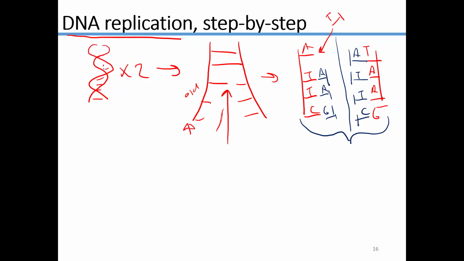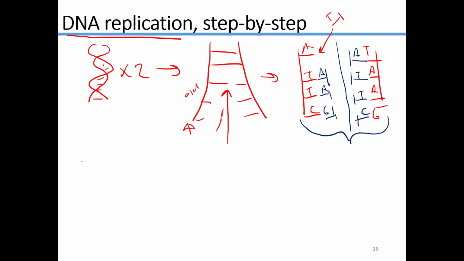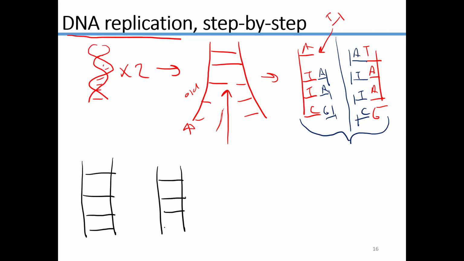So after, again, we unzip them and we add our free-floating nucleotides together, then what's going to happen is we're going to go ahead and lock everything in. We're going to glue it together, and essentially we're going to reestablish those hydrogen bonds. So now we're going to have one piece of DNA over here, just like this. We're going to have another piece of DNA over here, just like this as well. And then I'm going to go ahead and add in the base pairs to show you what that